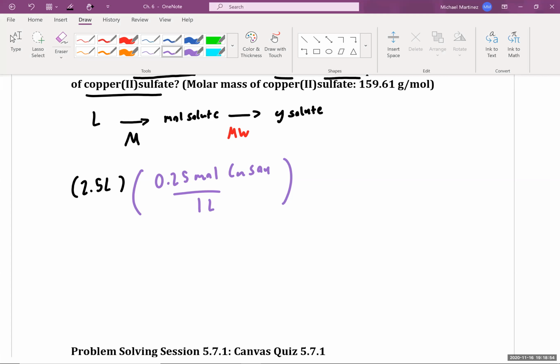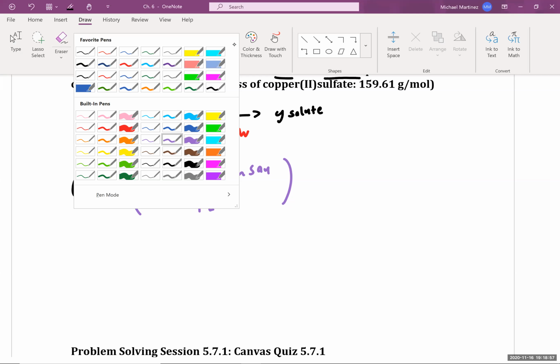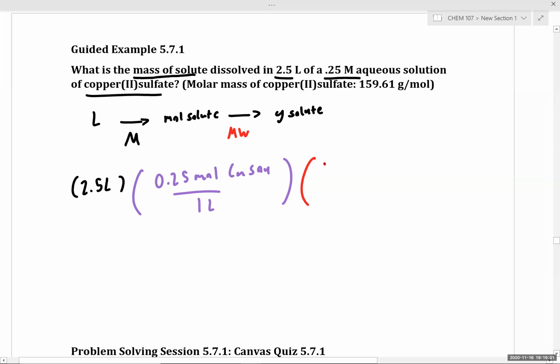Okay. So we're now in moles of copper 2 sulfate. And then for grams, we know that we have 159.61 grams for every mole of copper sulfate. All we have to do now is punch this into our calculator. We have 2.5 times 0.25 times 159.61, and that in turn gives us